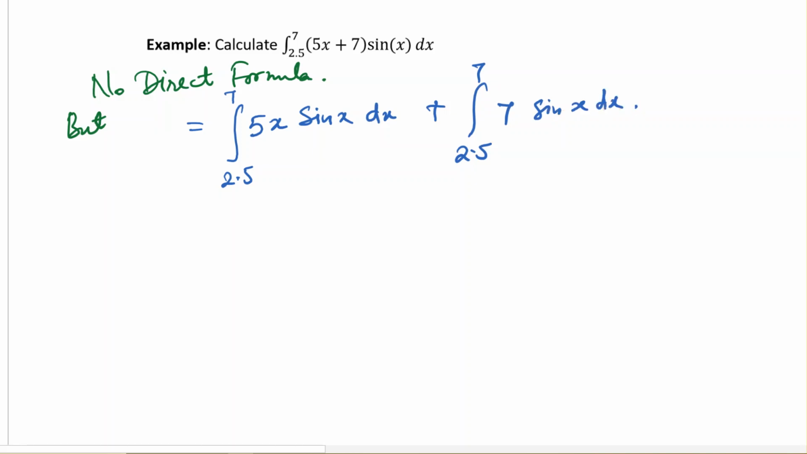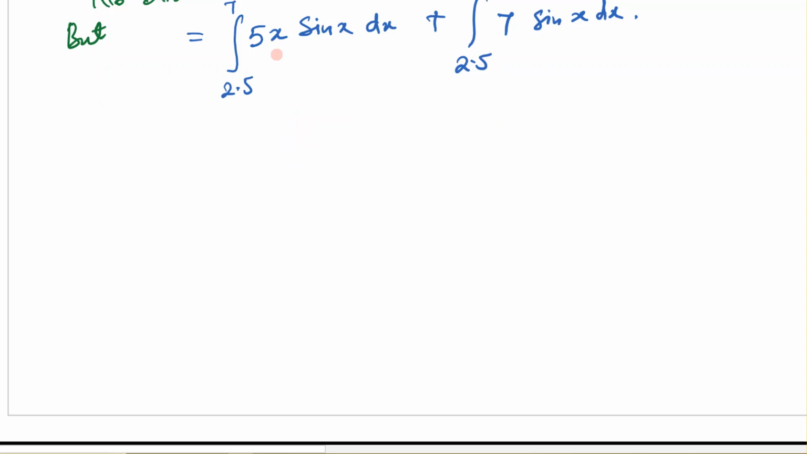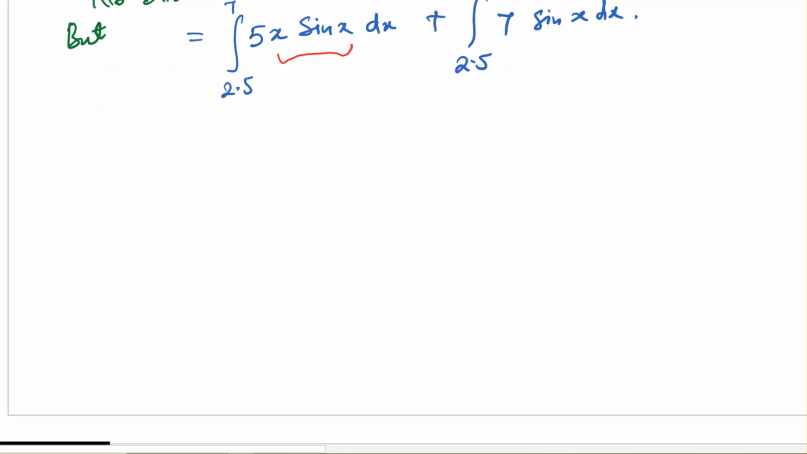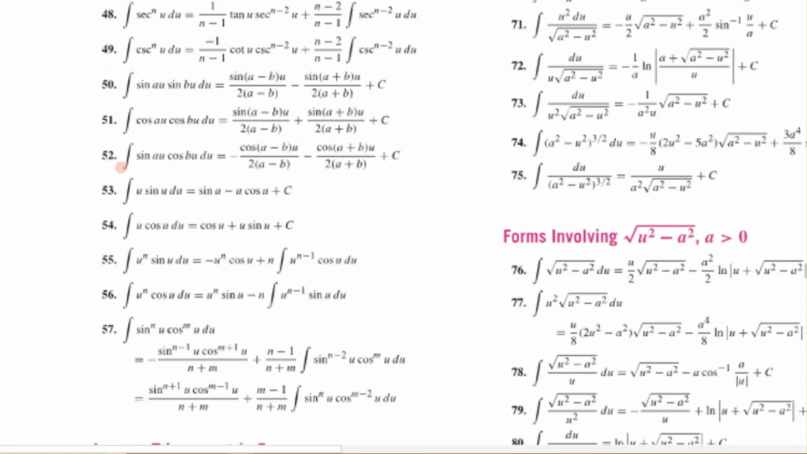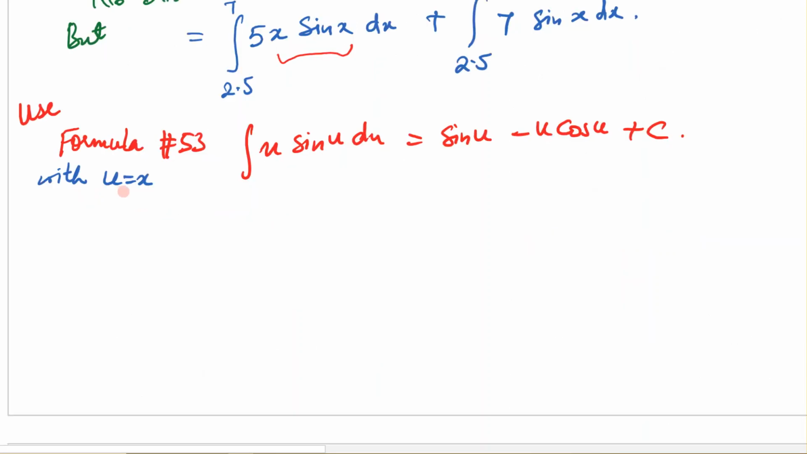And now I will again look in my list and I can notice that I have a formula for this integral, x times sine x dx. So we have this formula number 53, which gives us the integral of the product of u and sine u. And we can just use this formula. Thus using this formula with u equal to x, we get, so 5 is a constant. So the integral of x sine x would be sine x minus x cosine x,